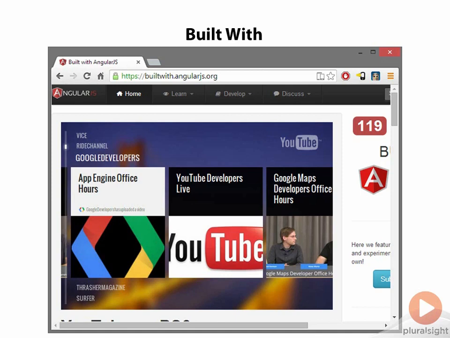MSNBC. In this course, we won't build anything quite as visually stimulating as some of the applications here. We're going to focus on the basics, but Built with AngularJS can give you some ideas and inspiration for building